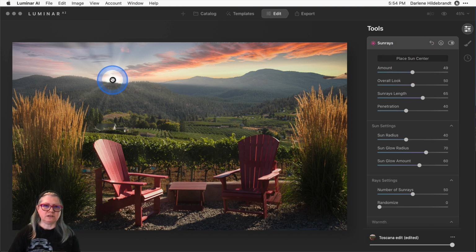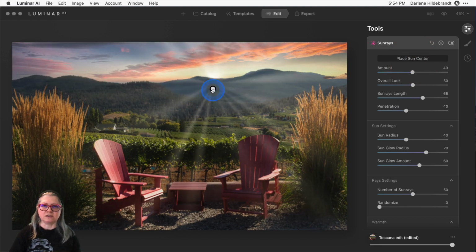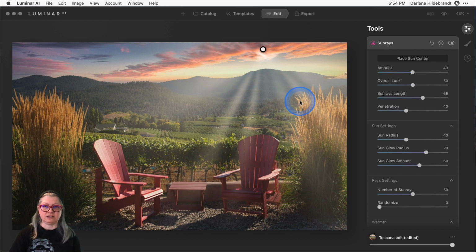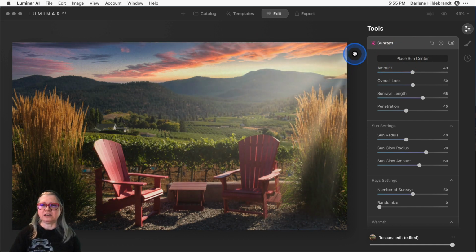So now you've got this little dot that you can move across the image, and you'll see that it's actually really smart, because when you go behind things, like the clouds here, for example, it actually knows that you're behind the clouds. I'll just apply it so you can see it, and it comes out from behind there. It's pretty clever. So I'm going to actually move it outside of the image, because in the original, the sun is coming from this direction, and I want to stay congruent to that and make sure that the sun is over on this side here. So I've got the placement, just accept it.